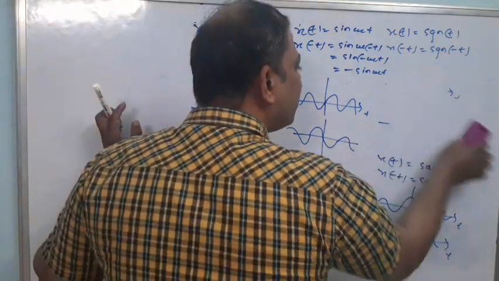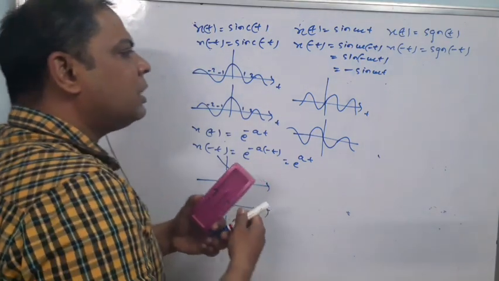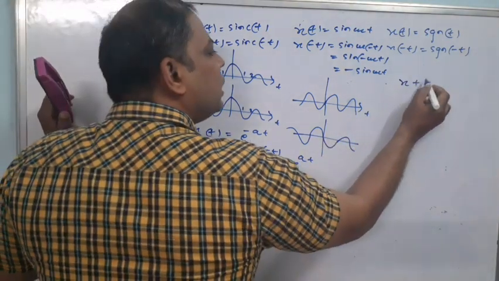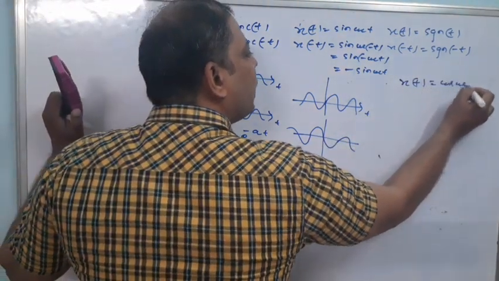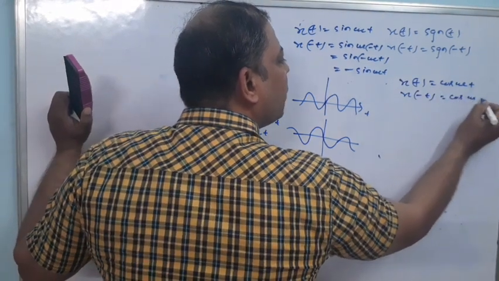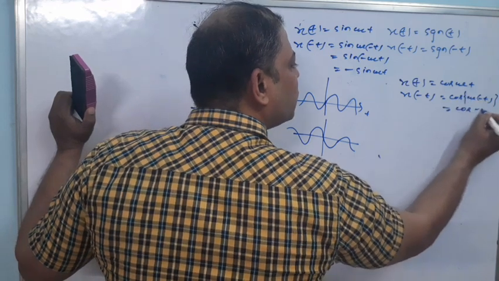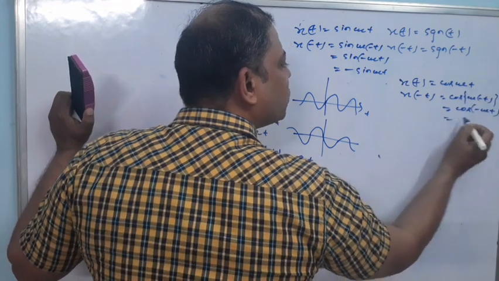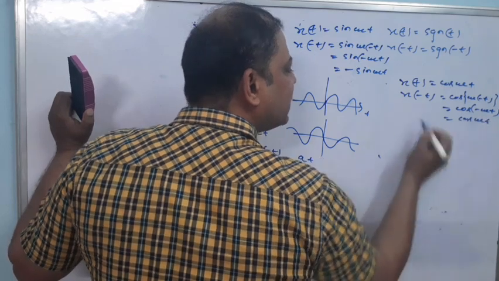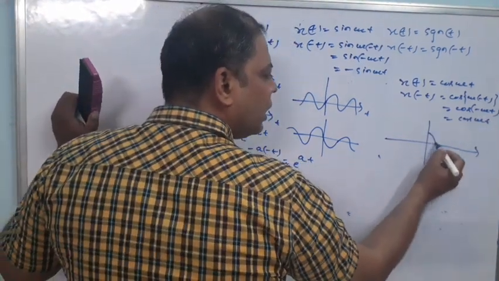It is very simple. You can sketch it for a cosine signal. Suppose you are having a cos signal, x(t) equal to cos omega t. Then what is x of minus t? This is cos of omega of minus t. Now actually this is cos of minus omega t, and you know cos of minus omega t is equal to cos omega t. That means this is the same. If you take the folded version, in case of cos, the signal will not change.